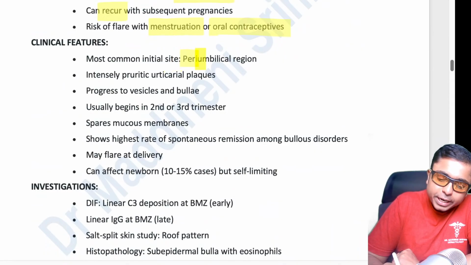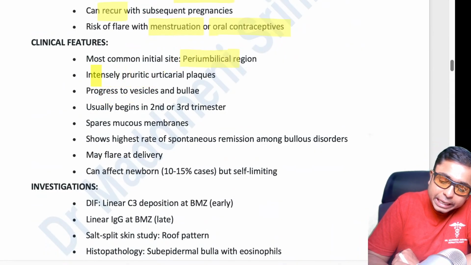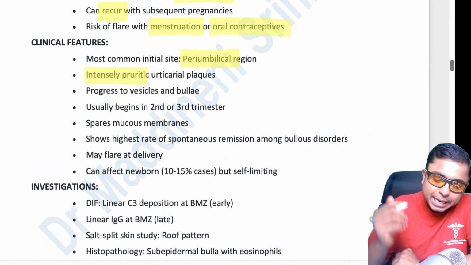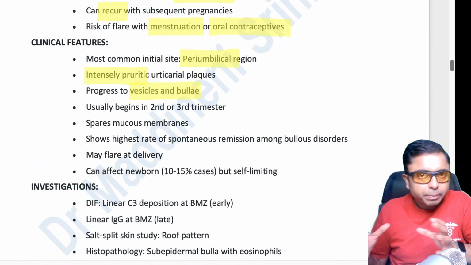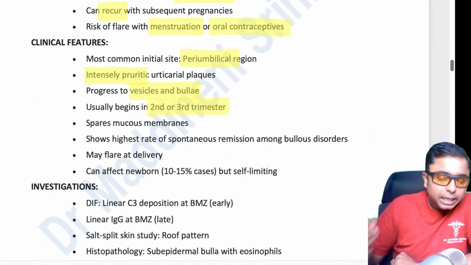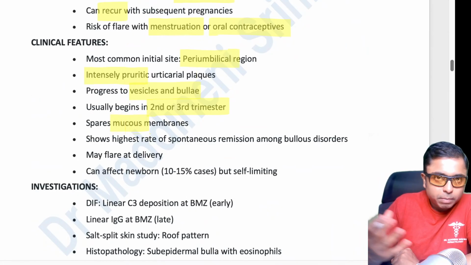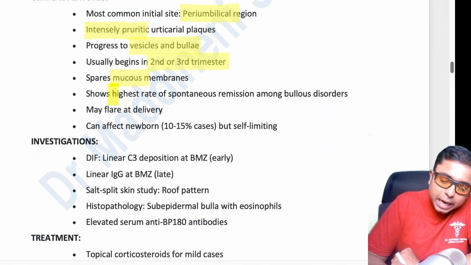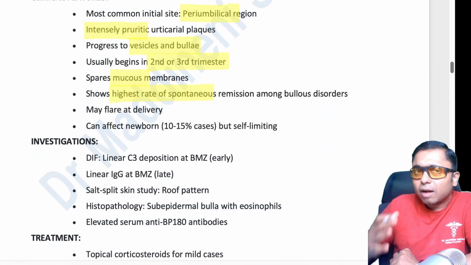Clinically, like I have already told you, peri-umbilical area is the most common site, and there can be intensely itchy urticarial plaques present, and this could also progress to vesicles and big bullous lesions, and usually begins in the second and third trimesters, and it is going to spare the mucous membrane usually, not a mandatory thing. Okay, and it shows highest rate of spontaneous remission among all the bullous disorders after the delivery of the child,